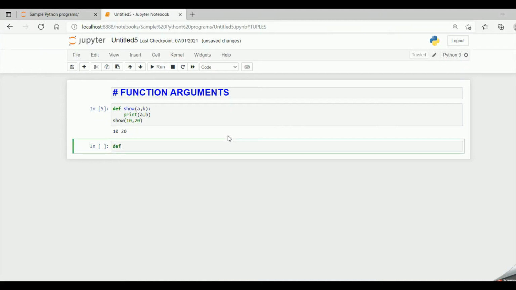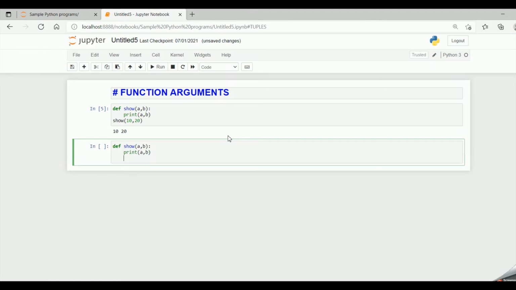Let me say def show, and let me have my arguments as a comma b. Now let me say print a comma b. And now since it's keyword arguments, we have to specify the keywords.